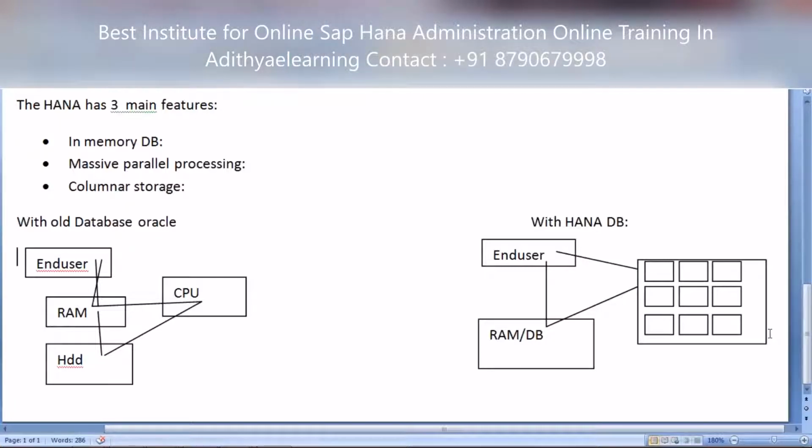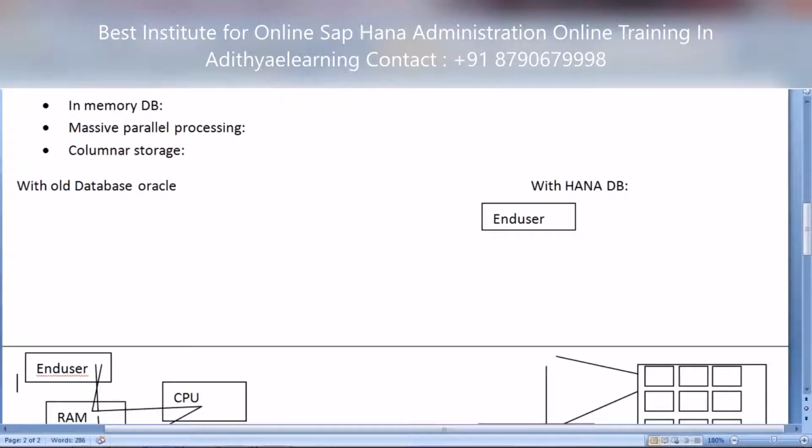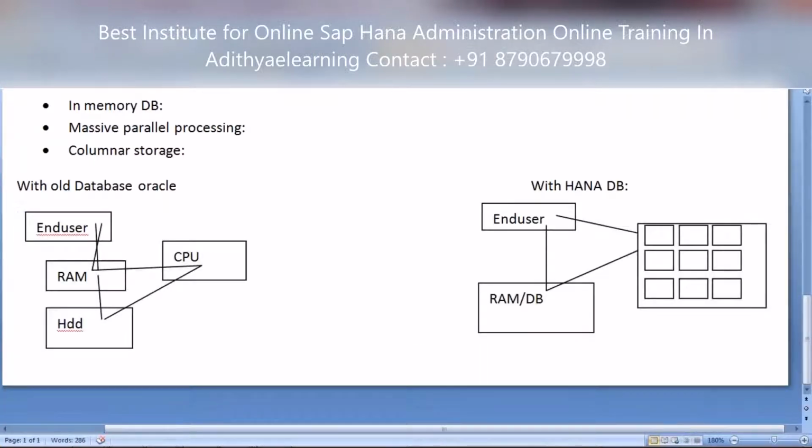So now tell me, Swati, do you have any doubts till now? Any query till now? Now we have to move forward to the next session. Yeah, it's clear. Any query? No, it's clear. Clear, good.